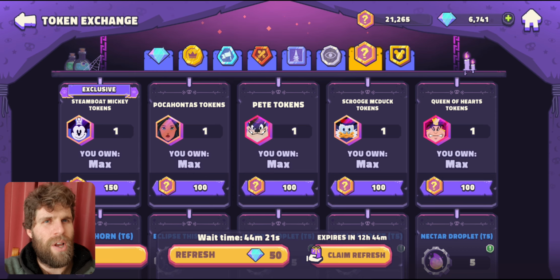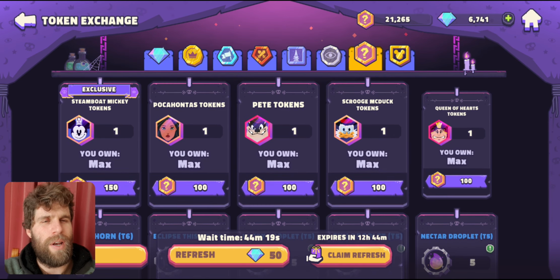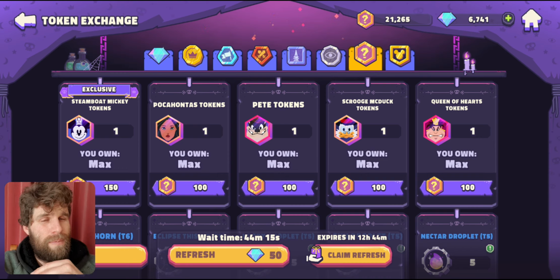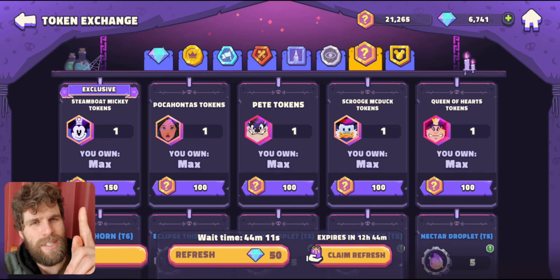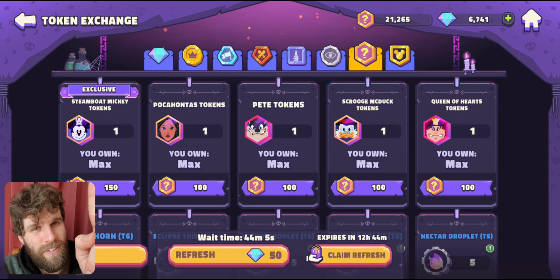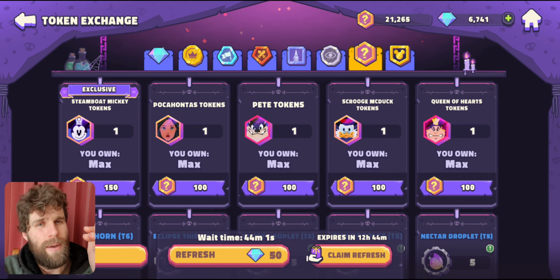Now, I would say don't bother with Pocahontas, Pete's, Queen of Hearts, all these other characters, probably not really worth your time. Get them when you're going to farm them, or get them after maybe Steamboat Mickey. But Steamboat Mickey at the moment is just kind of a trophy piece. He still needs a buff, so I would either hoard all of your tokens before you spend them on him,